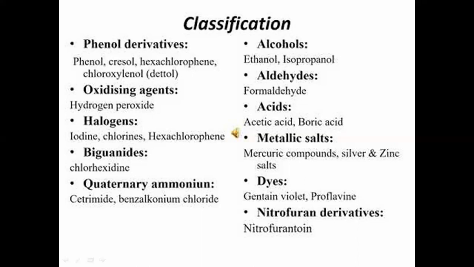It is used for the sterilization of surgical instruments. Also, it is used in pre-operative preparation of the skin, meaning the procedure before the operation. For this, it is used. Then it is used for disinfection and cleaning of wounds. So these are the uses of cetrimide: disinfection and cleansing of wounds, sterilization of surgical instruments, and pre-operative preparation